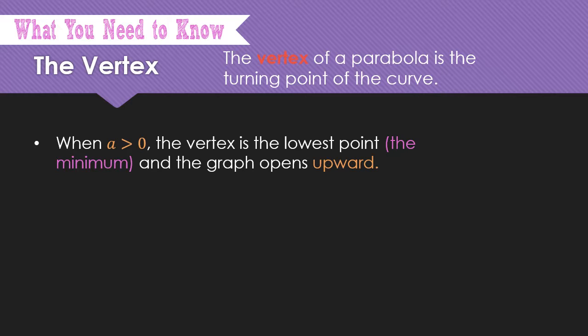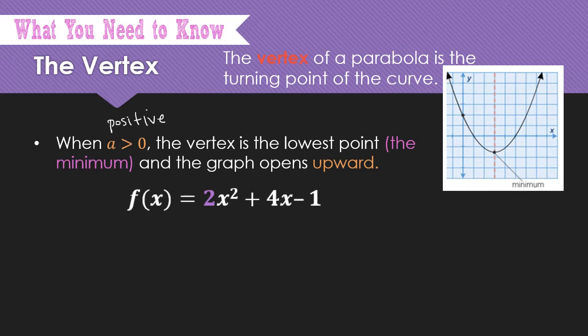When a is greater than 0, or another way of looking at it, when a is positive, the vertex is the lowest point or the minimum, and the graph opens upward. So here's an example of the graph opening upward, and my minimum is this vertex point there at the bottom. That's that turning point of the curve. Notice here's my a term, that 2 out front, and since it's positive, that's how I knew my graph was going to open up,